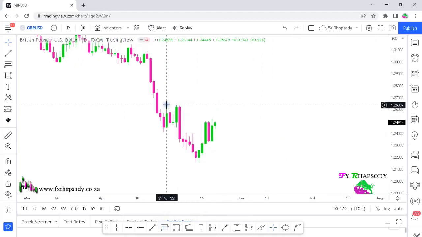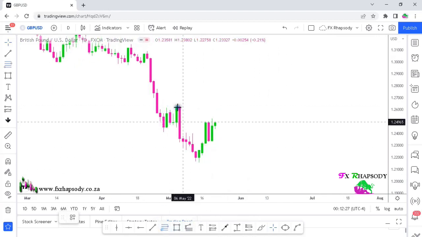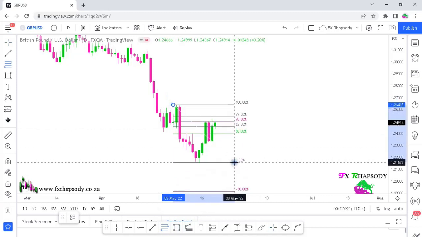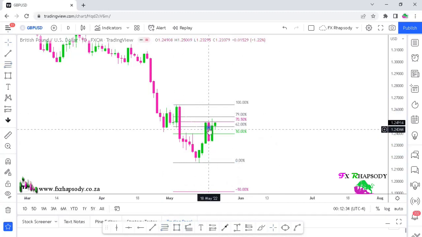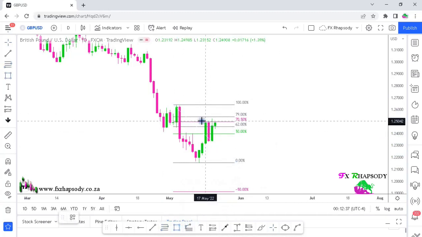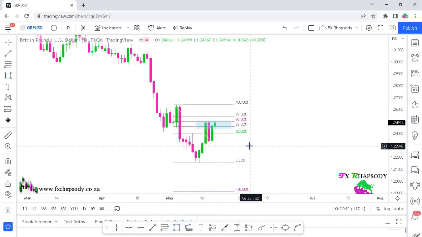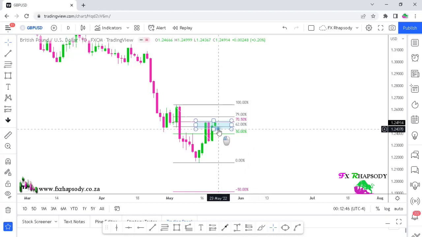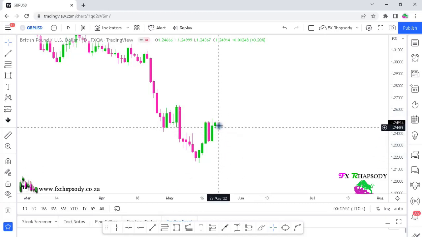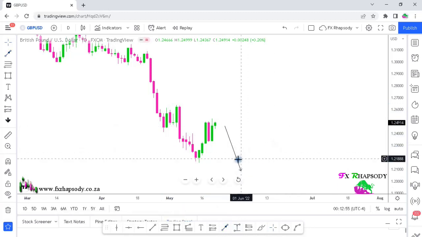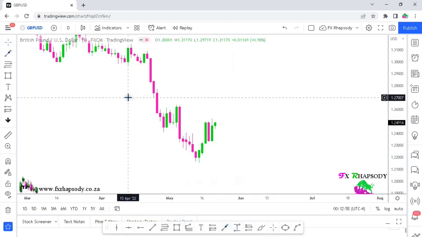I'm just going to look at this Fibonacci to see. If you had to take that high to that low, you can see price hovering in that area of the 62%. Will this be a nice area to sell off? I'm not too sure. Like I said, this is the monthly, towards the end of the month. I'm not 100% sure the price will be carrying down, but again, anything is possible. So yes, we might see that continuation to the downside, and maybe even touching that bottom support on the monthly